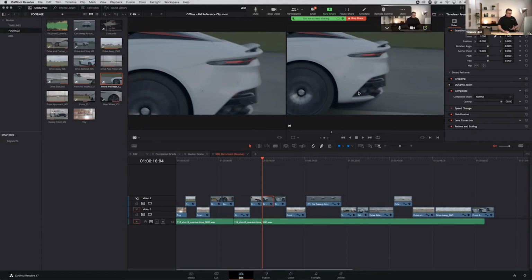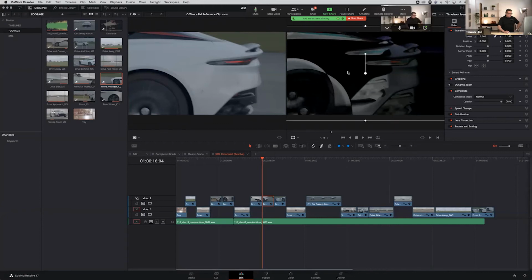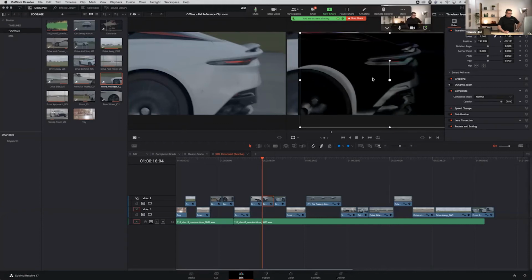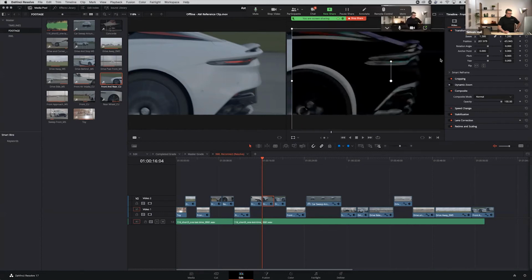And there are tools to help you with this, because again, if I right click on the timeline monitor, I've got a whole load of comparison options. And one of the things I like for resize is the difference. So now you can see with the difference, it's showing me this overlay of the two shots. So again, to get this shot correct, what I actually need to do is scale the shot up a little bit and resize it so